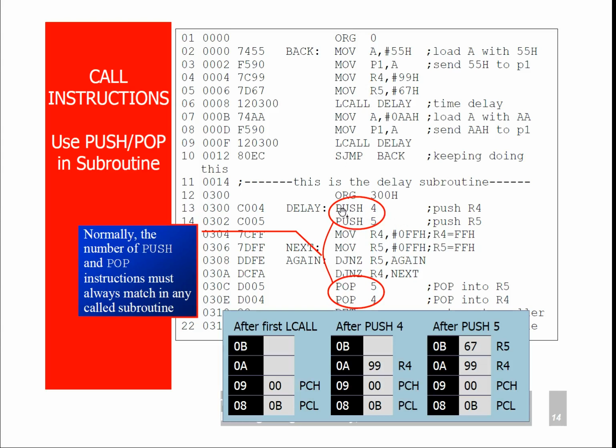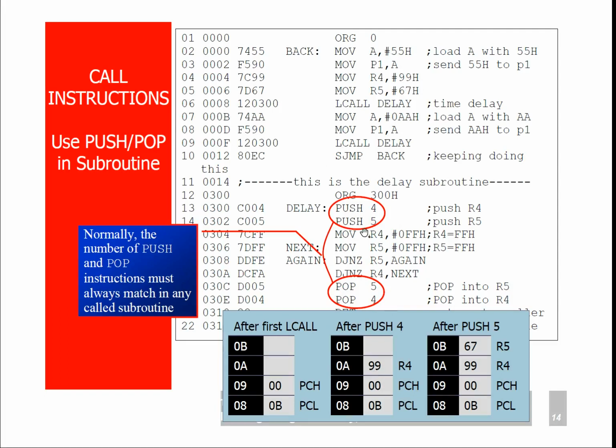Hence the very first instruction is push 4. Push 4 means it pushes the content of R4 register onto the stack. As you can see here, after push 4 the stack pointer, which was pointing to the location 09 at present, increments by 1. Now the stack pointer is pointing to the 0a location, so in that location the content of R4, which is 99h, will be stored onto the stack.